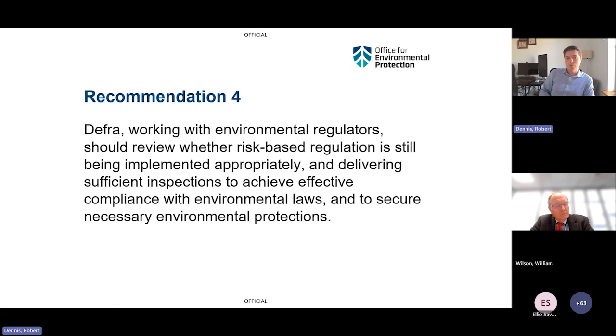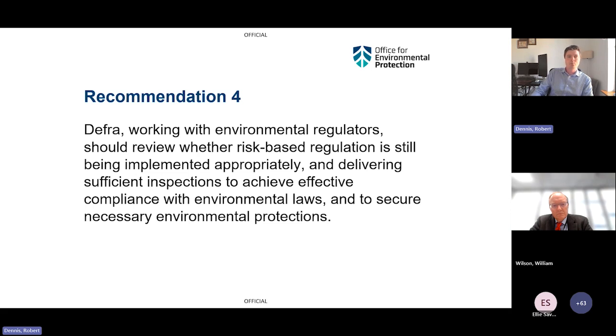Another factor that came up was about actually determining risk. Obviously, risk-based regulation will work really well if you can effectively determine where the risks are greatest. But what we found was that in a couple of our case studies, there were indications that regulators had determined risk around certain sites or activities and targeted their inspections at those. And then subsequently had maybe come to realize that actually that wasn't quite where the risk really lay, and were therefore having to change course. So again, thinking a bit more about that process for how do you determine where the highest risk is.